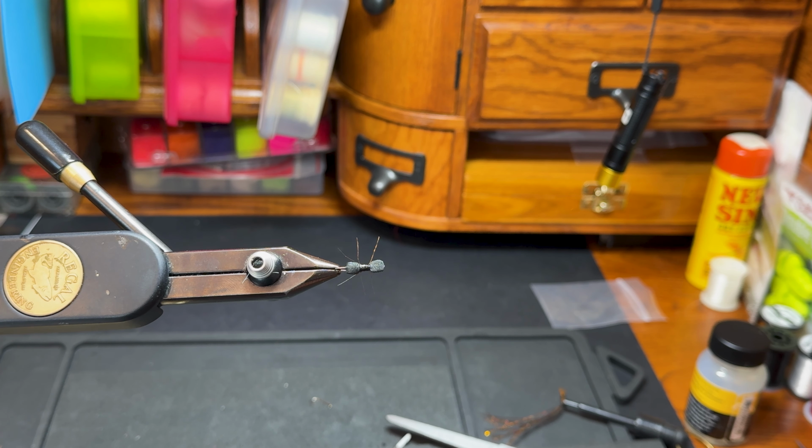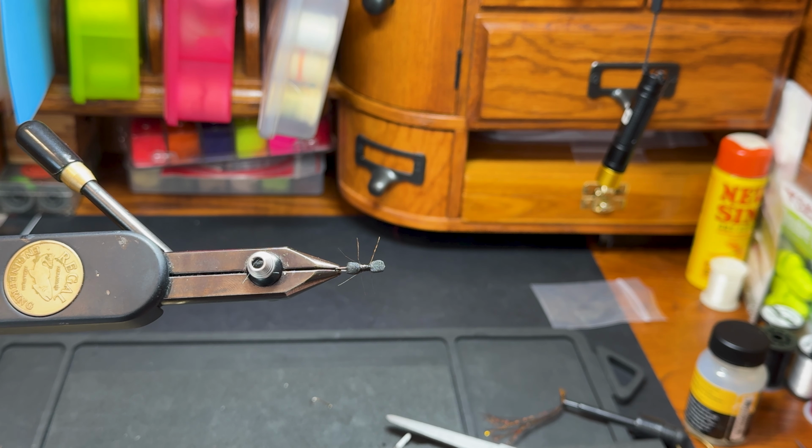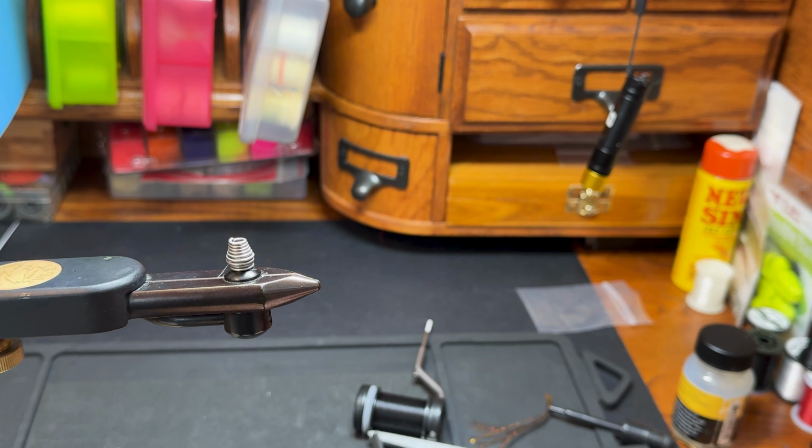So this is our fly for today. It's just a really simple ant using sheet foam. It floats like a cork. It's simple to tie. Here's how we do it. So the first step,